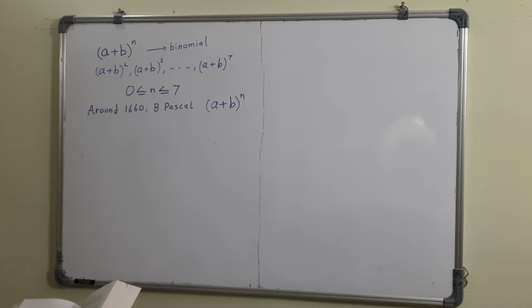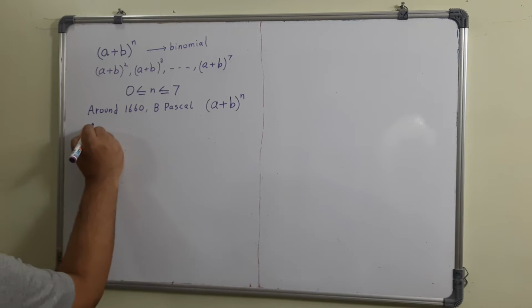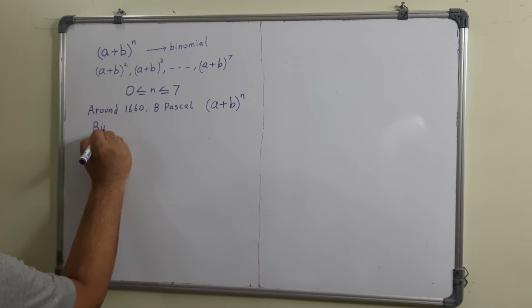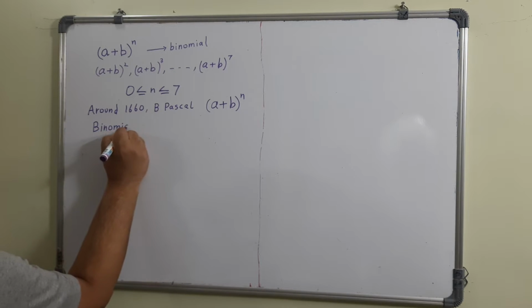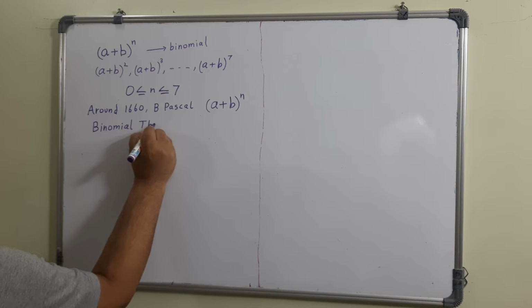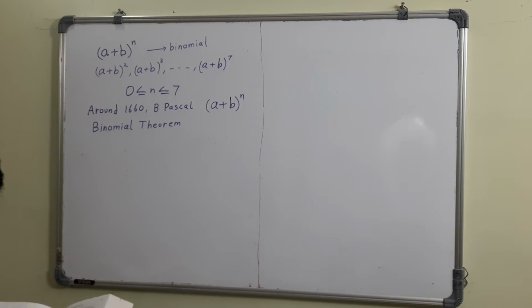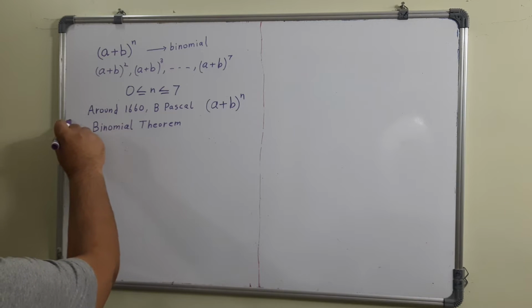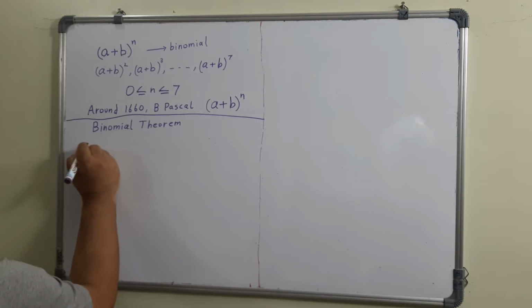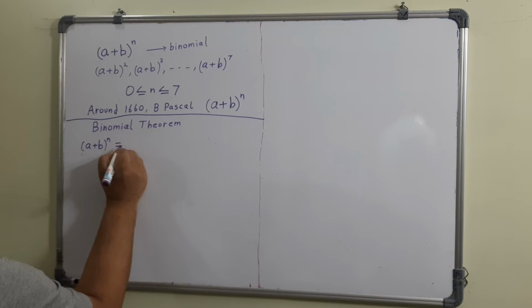So what is the binomial theorem? For non-negative integers, the binomial theorem tells us that (a + b)^n equals